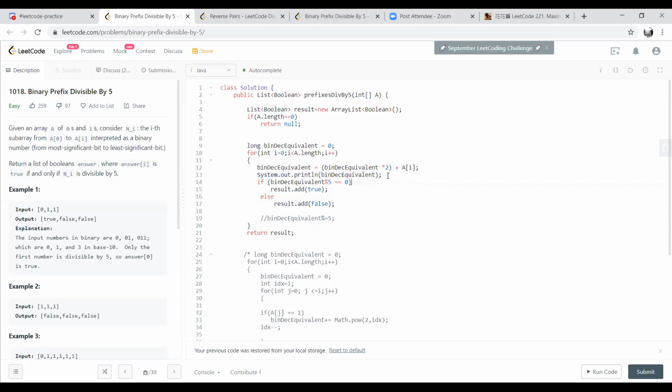When you do a bin dec equivalent multiplied by 2 and you're going over the long limit, whatever that limit is, since the given input is supposed to be what, 30,000 or something, there is absolutely no way you can store it in any normal integer form. So the thing is that the fun stuff is that